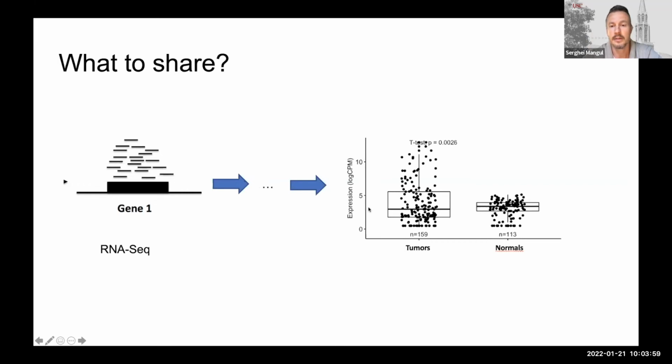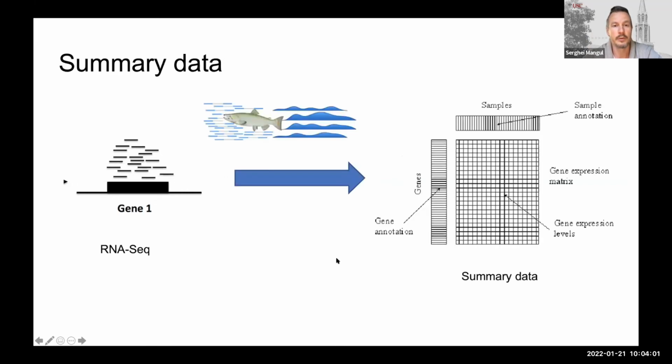So, okay, this is what you would share, summary data, right? I would say the gene expressions will be summary data. So again, this is the raw data from the sequencing machine. Then you do some processing. Actually, the reason I put the fish here, there is a software called Salmon. So let's say you run Salmon software. And then after that, you get a gene matrix, meaning that here you have,